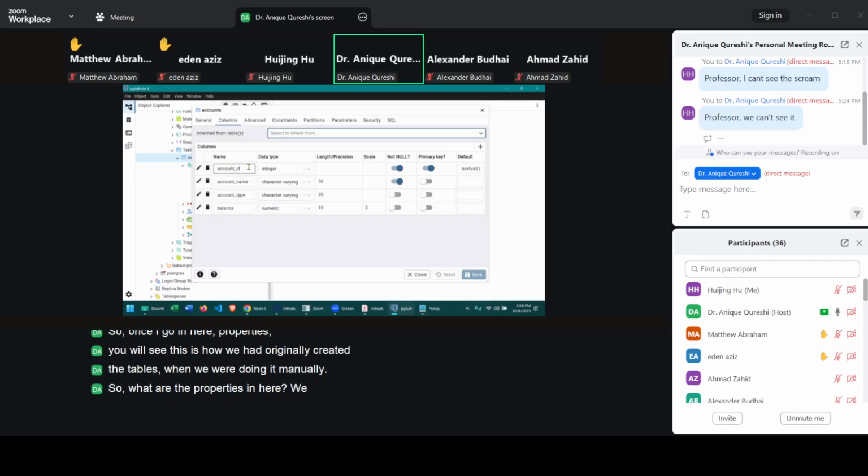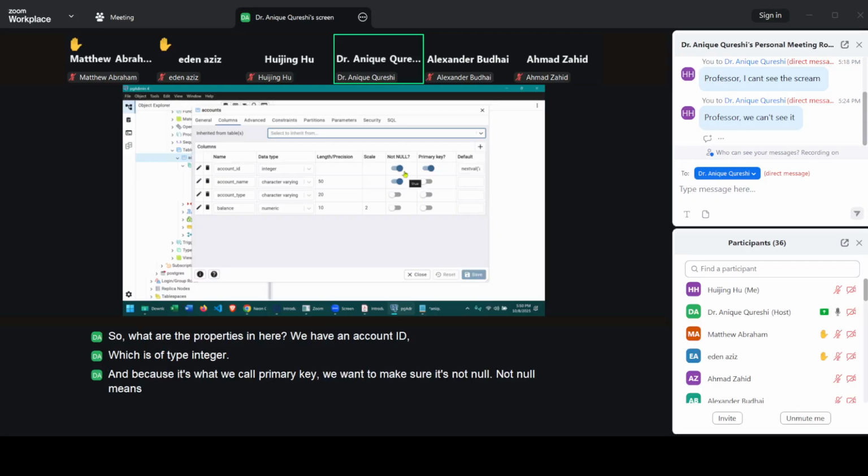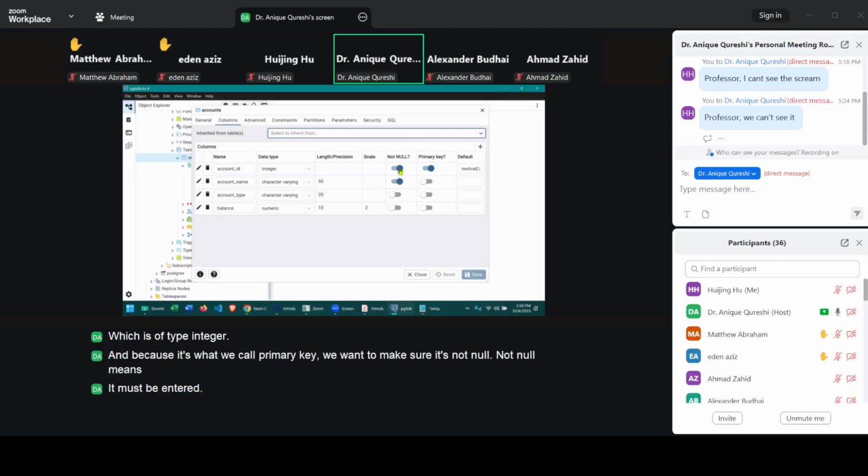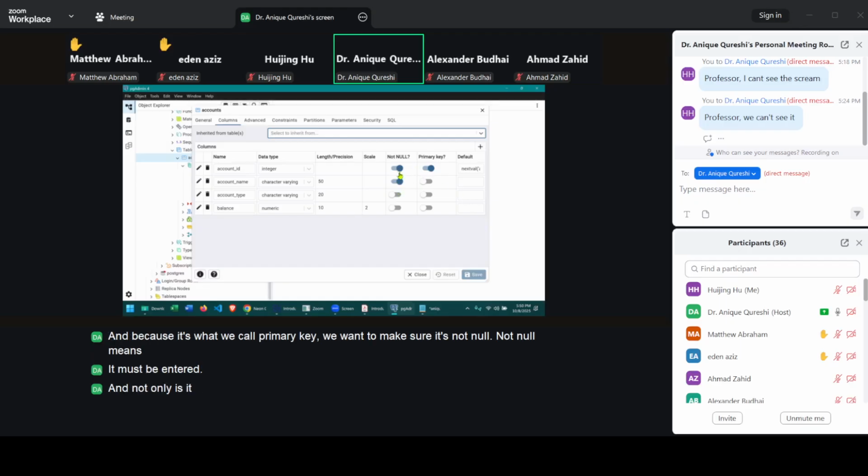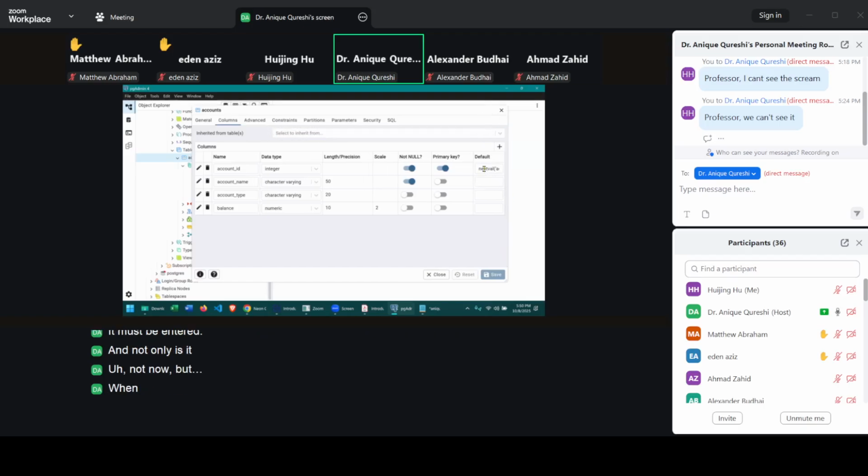We have an account ID, which is of type integer. And because it's what we call primary key, we want to make sure it's not null. Not null means it must be entered. And not only is it not null, but when we created it, it created something under the default,